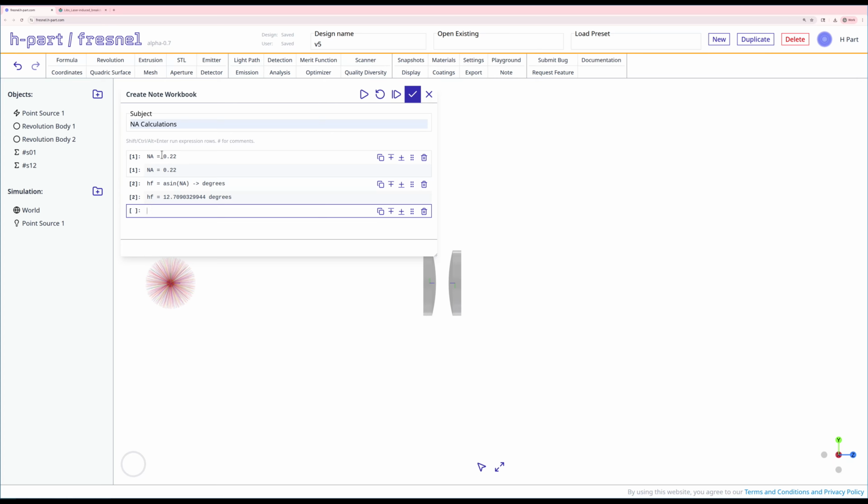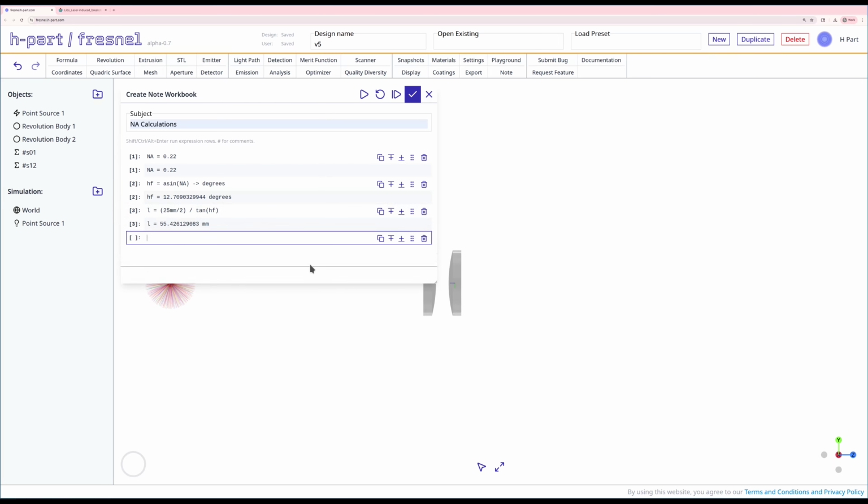Now based on that half angle, we are going to compute this length here just using some simple trigonometry. And so that length is going to be the radius of the lens, which is essentially this leg of the triangle, divided by the tangent of our half angle. And that gives us 55 millimeters, which is where we will place our detector. You could back it out a little bit and you get slightly better performance, but for now 55 millimeters is